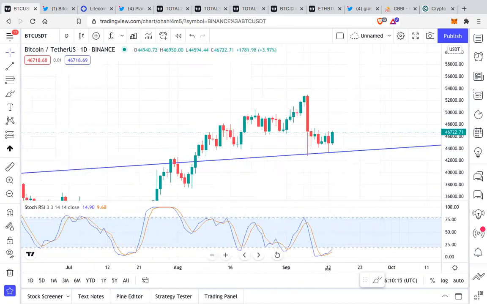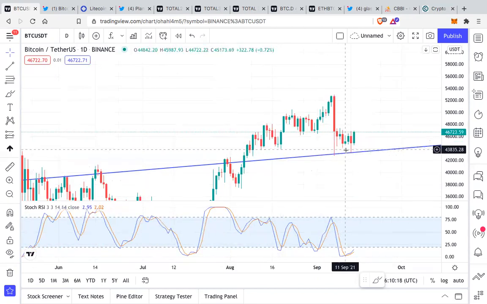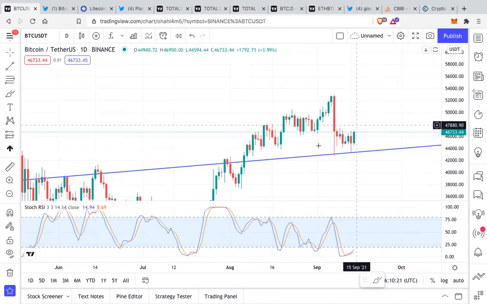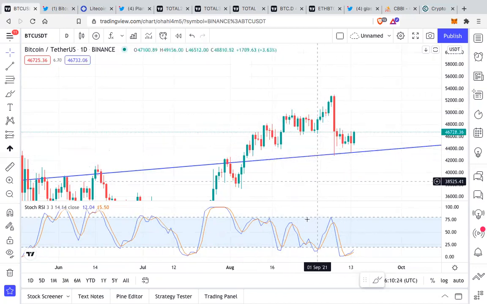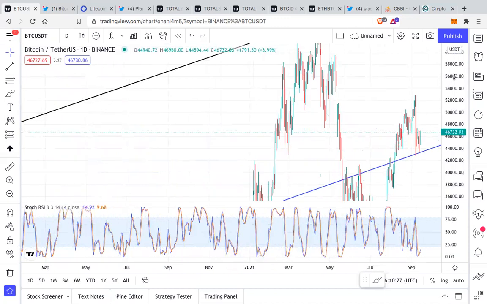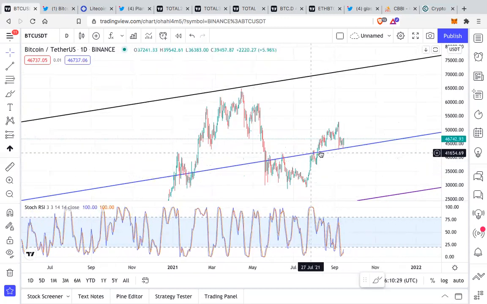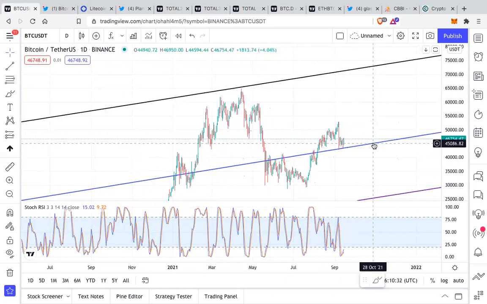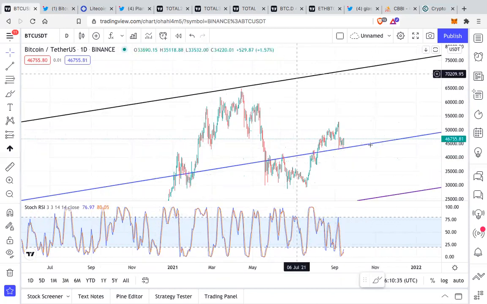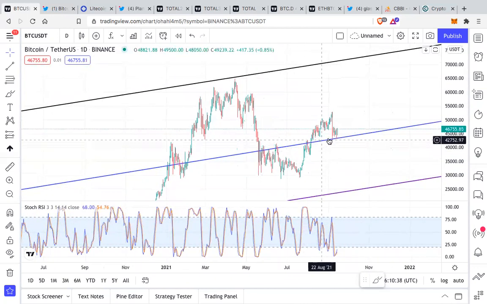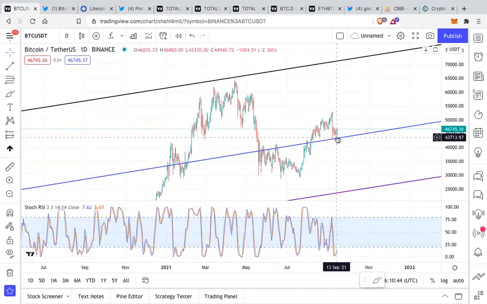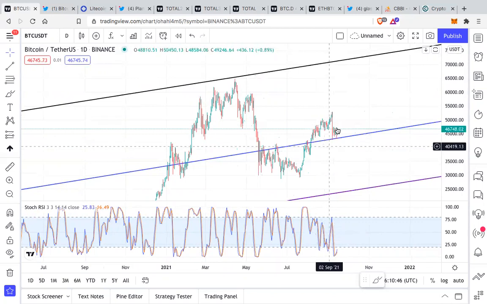So the Bitcoin trajectory is again showing how accurate it is and the kind of support we are getting from this trend line. Again, guys, this is a trend line which is constantly, gradually going upwards every day. This trend line and all the trend lines in this trajectory chart are gradually going up. So this is a bullish sign that every day our support band is going up and Bitcoin is respecting that. Go and check this trajectory video because we are going to track this every week in this Bitcoingem show.